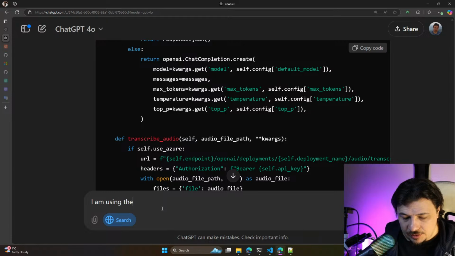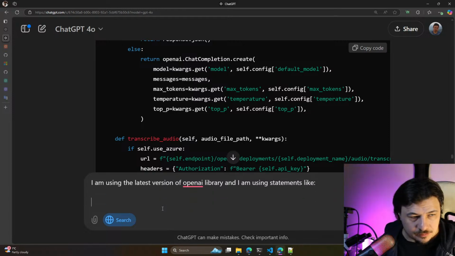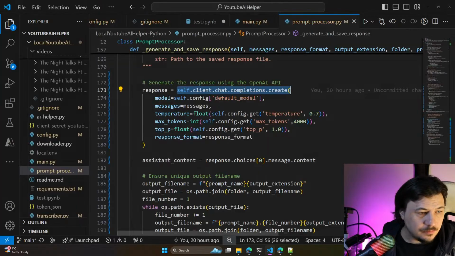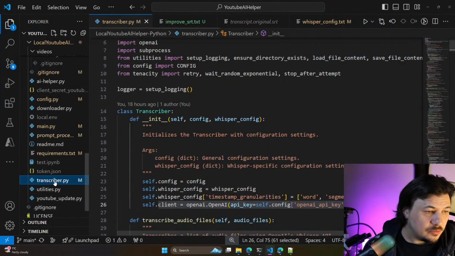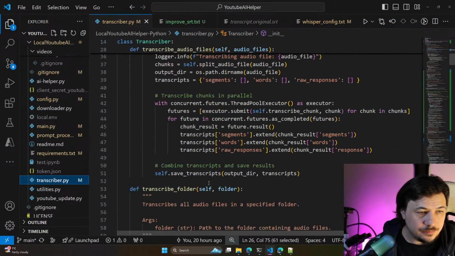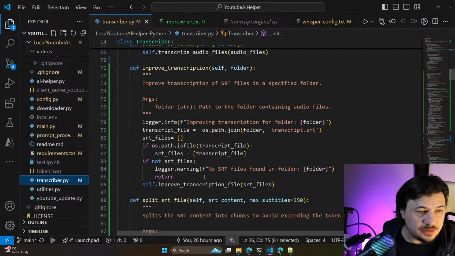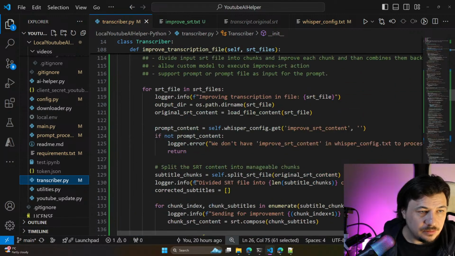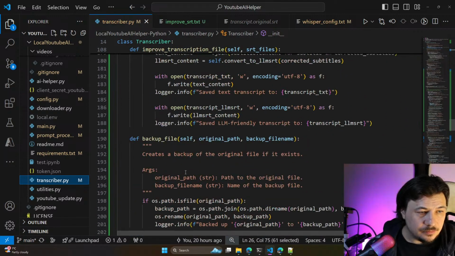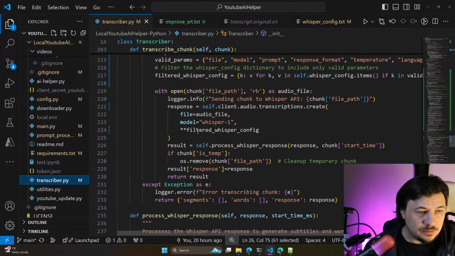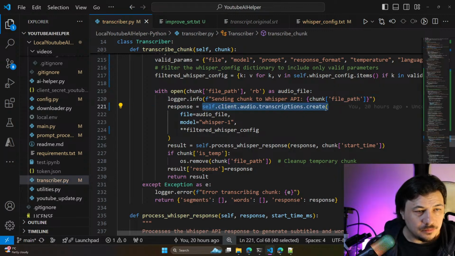I am using the latest version of the OpenAI library, and I am using statements like this, and for Whisper it will be transcriber, and for transcriber it would be transcriptions create.